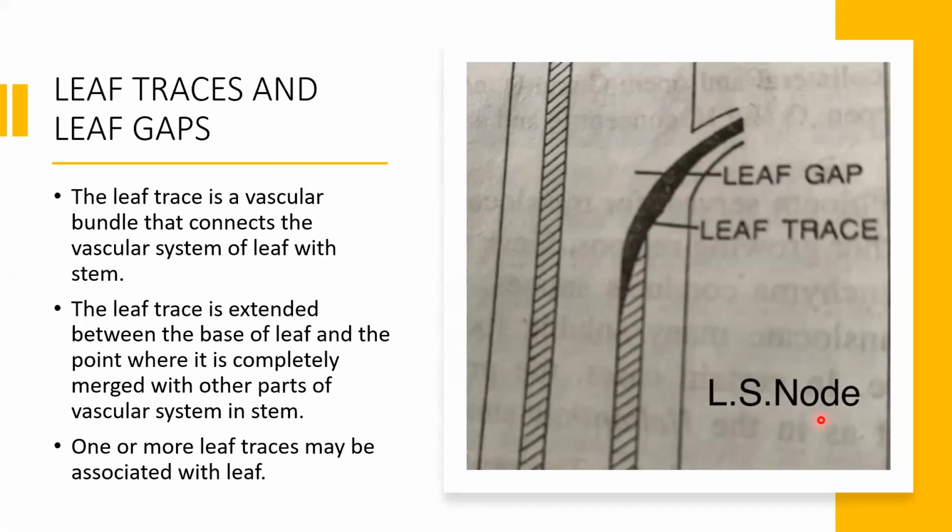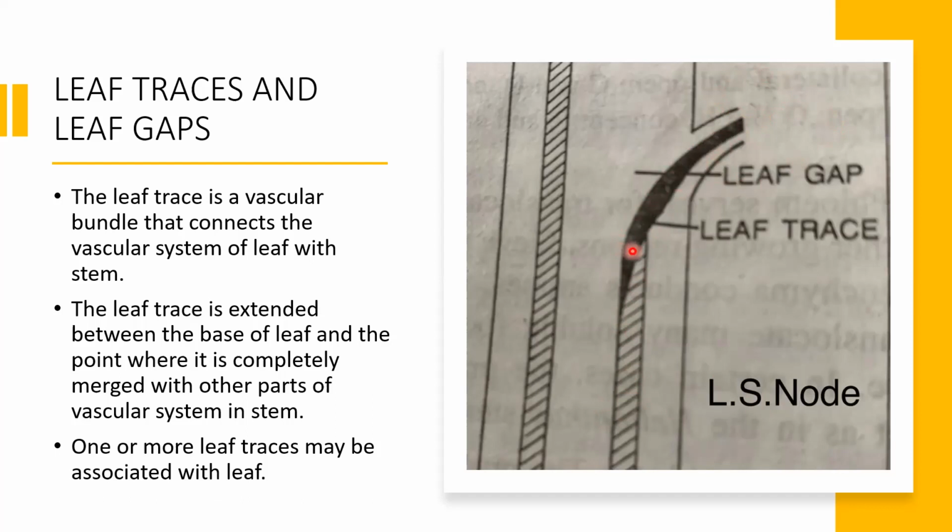Now, this is the vascular tissue of the stem, and this is a diagram representing the longitudinal section of the node part. This is the vascular tissue present in the stem, or we can say xylem present in the stem. From here, this is the vascular supply going toward the leaf. The leaf will be present over here like this. So this is the supply of the xylem toward the leaf, in the petiole of the leaf. This branch which is arising from this xylem tissue is called the leaf trace.